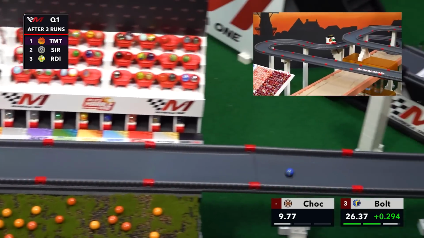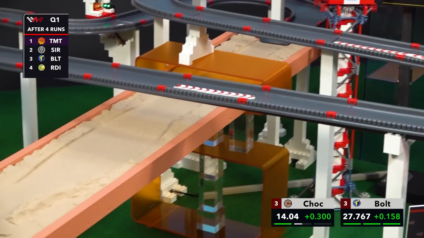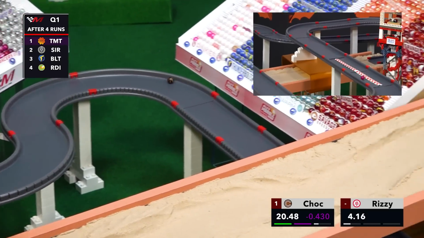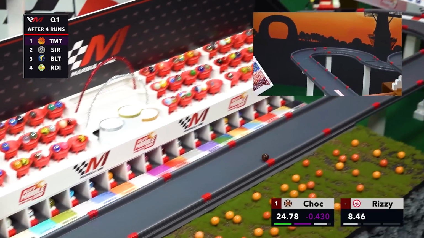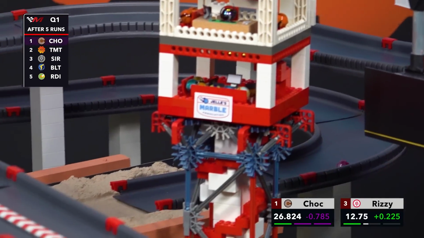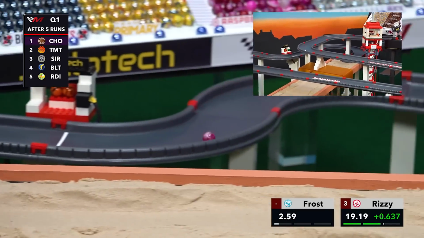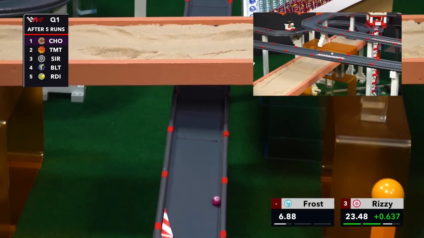We look at Chalk from the Chocolatiers. Across the line there, 3/10 back, good enough for third. Heading down this iconic sand causeway that makes up a long stretch here at this circuit. Wonderful time being put together, and Chalk only betters it in Sector 3, nearly 8/10 clear of the Balls of Chaos. But Chalk goes to P1. Rizzy